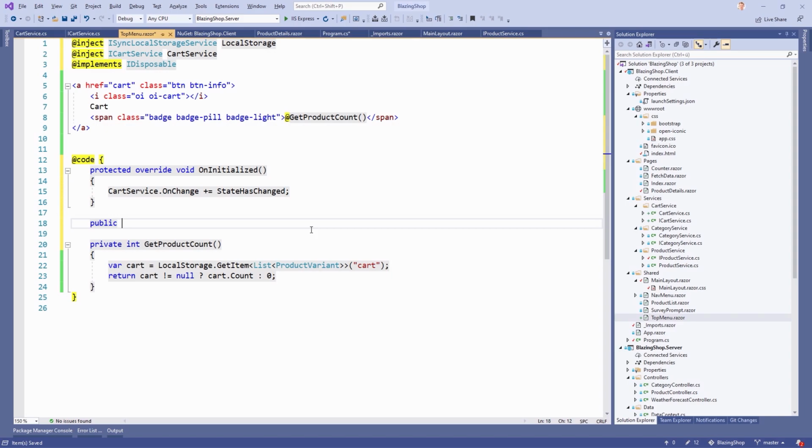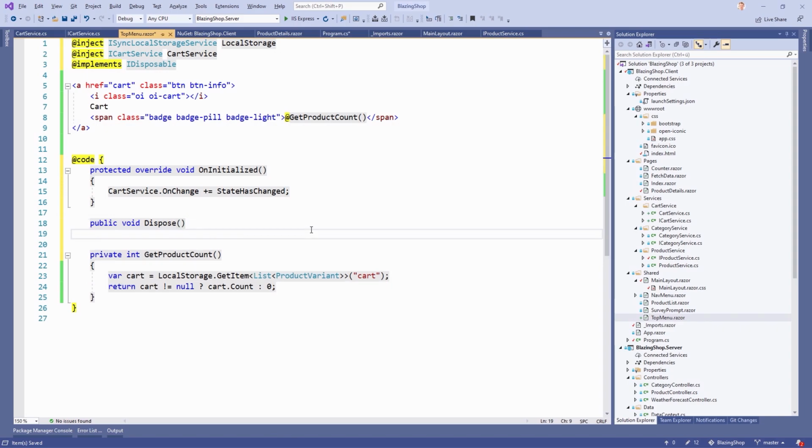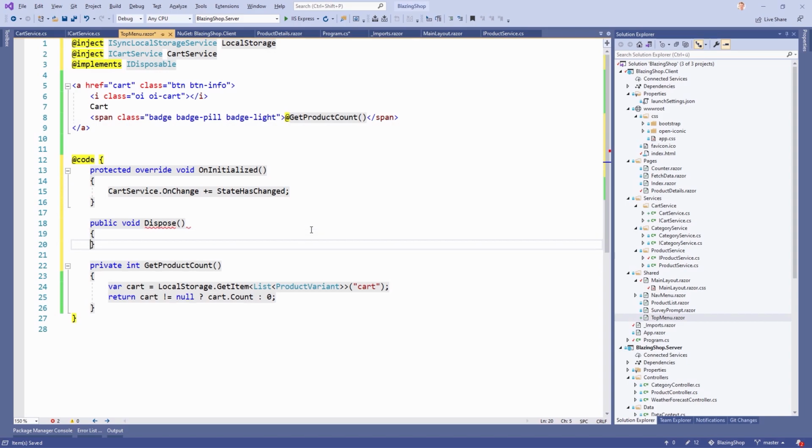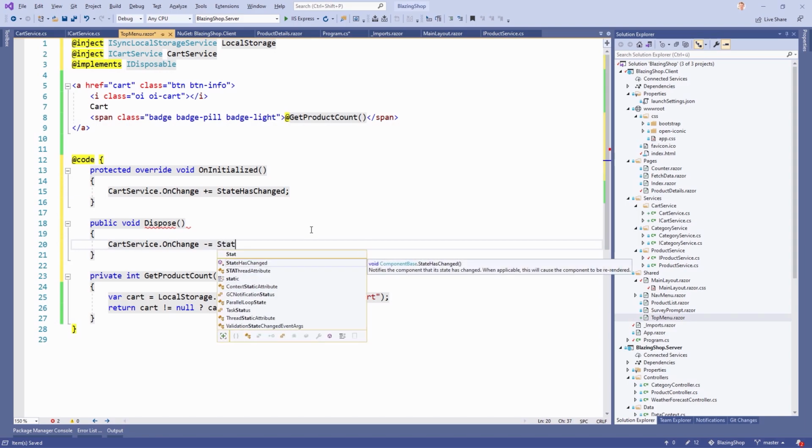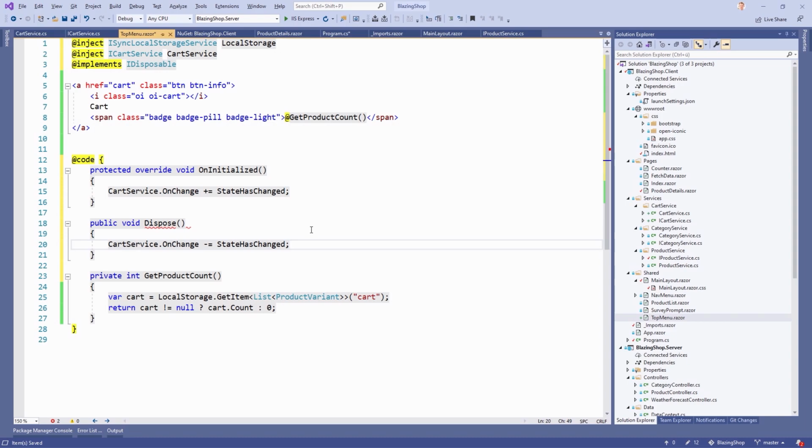And again, we also have to unsubscribe, so public void Dispose. This is the function we have to implement because we are implementing the disposable interface. And here now we say cart service OnChange minus equals state has changed. Okay, this should be it regarding the top menu, but now we have to go to the product